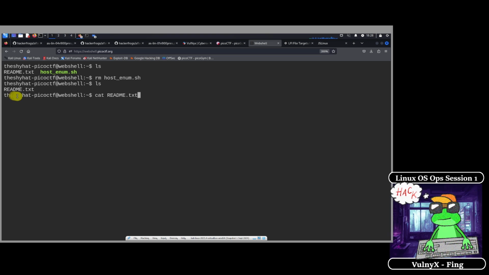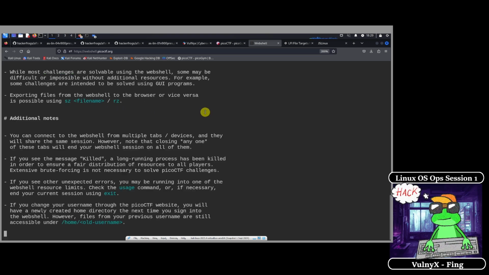The interesting thing about Linux is that it is case sensitive. So if you were to type this in lowercase, then it wouldn't recognize this. So if you do this command, cat space readme.txt, then hit enter, that's going to give you the contents of the file.